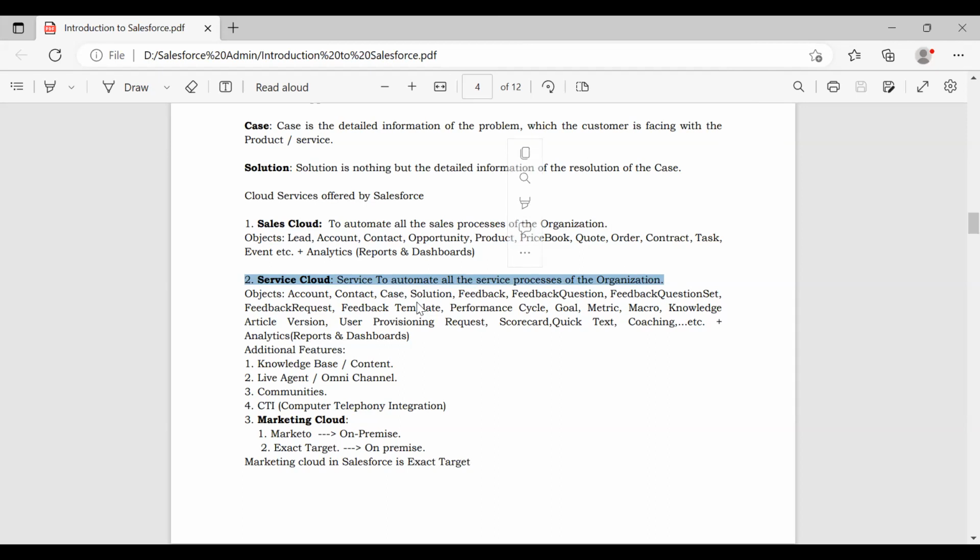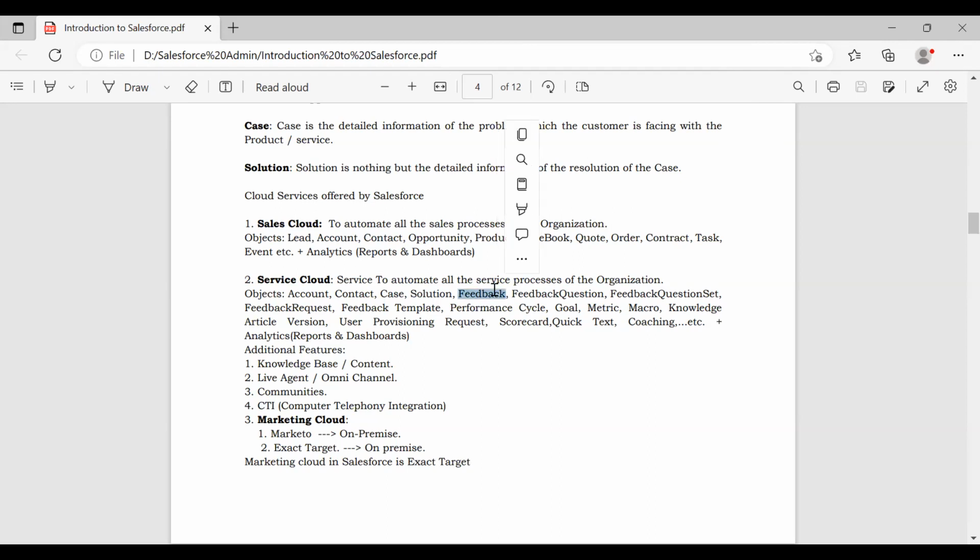And what are the objects which are provided as part of this service application? They have provided so many ready-made objects, like account, contact, case. Already we know what is a case, what is a solution, feedback. Once any of the service engineers provides the solution for your case, they will ask you to provide feedback.